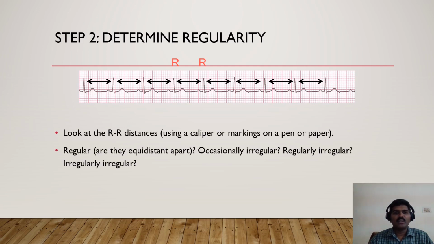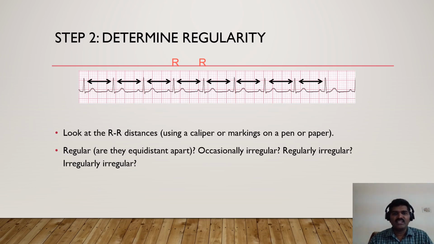In general practice, you will not be able to calculate each RR interval. So what you do is take a strip of white paper and mark the peaks of the first three R waves. Then you can slide the paper along the R waves. If all your dots are coinciding with the peaks of the R waves exactly, then it is said to be a regular rhythm. Regular means equidistant apart; occasionally irregular, or regularly irregular rhythms can be there, or a completely irregularly irregular rhythm